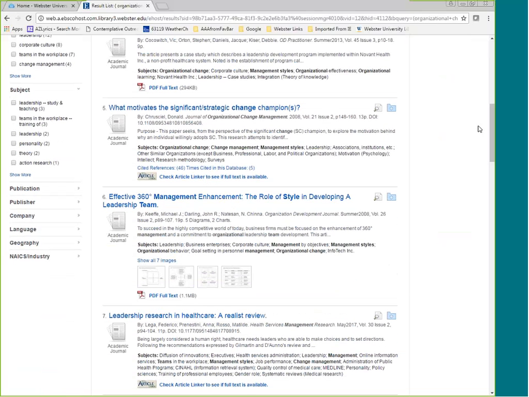We weren't very interested in that article anyway, but if we scroll down, we can see this article number 5, what motivates the significant strategic change champions. So we could pop in and read that abstract by clicking on the title. And let's say we really wanted this particular one, because it was on point. We have a piece of software called Article Linker.